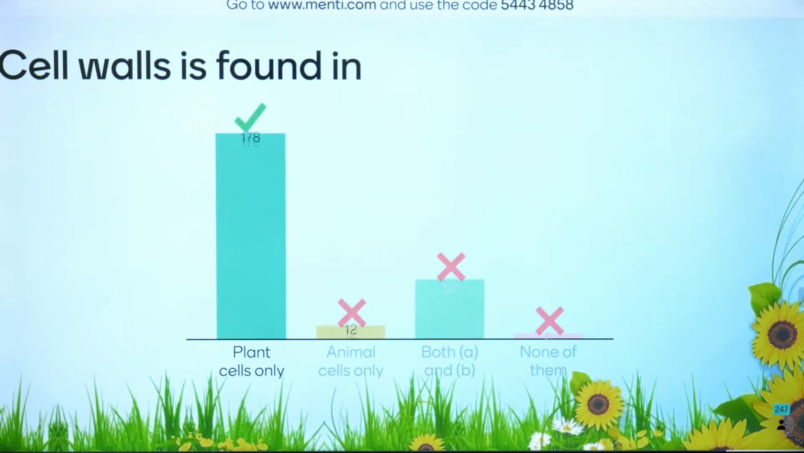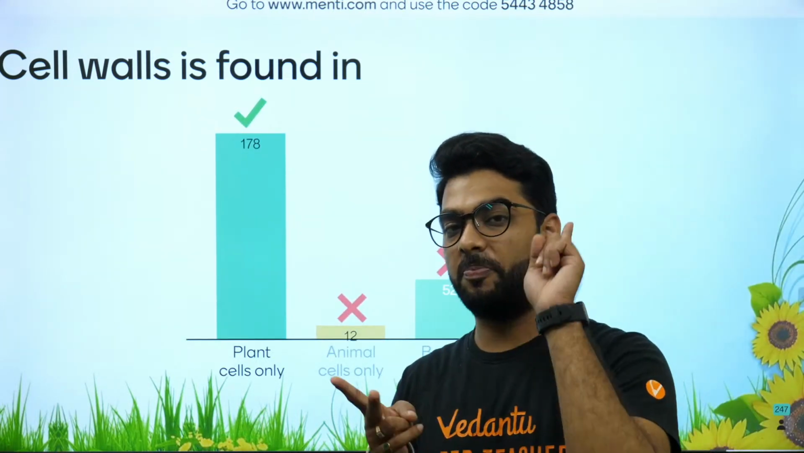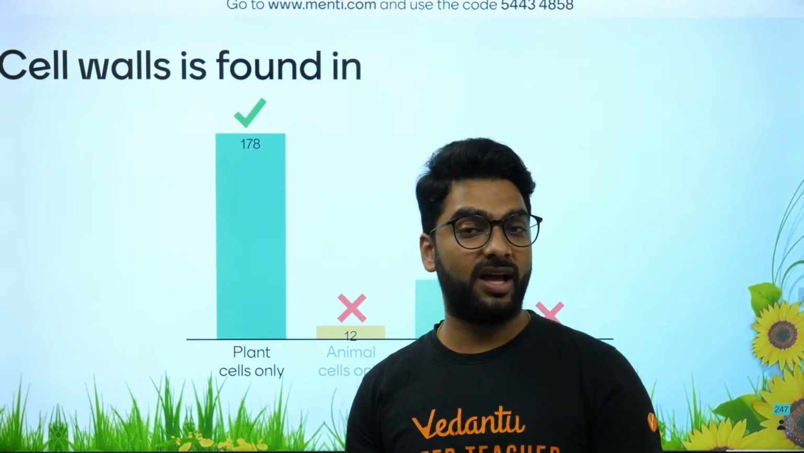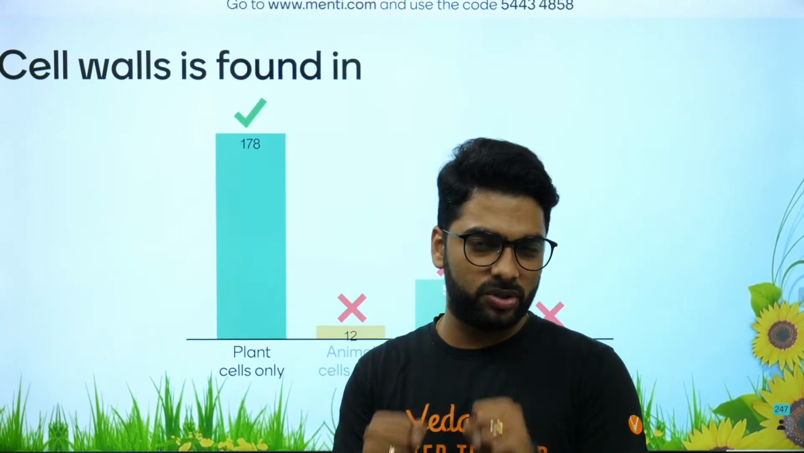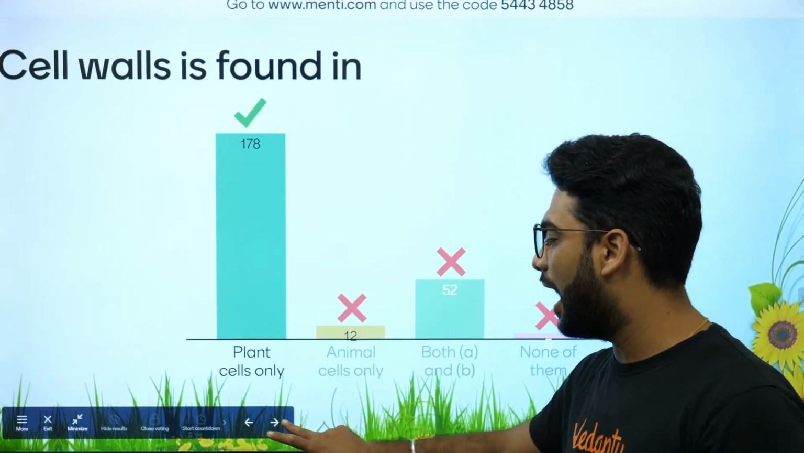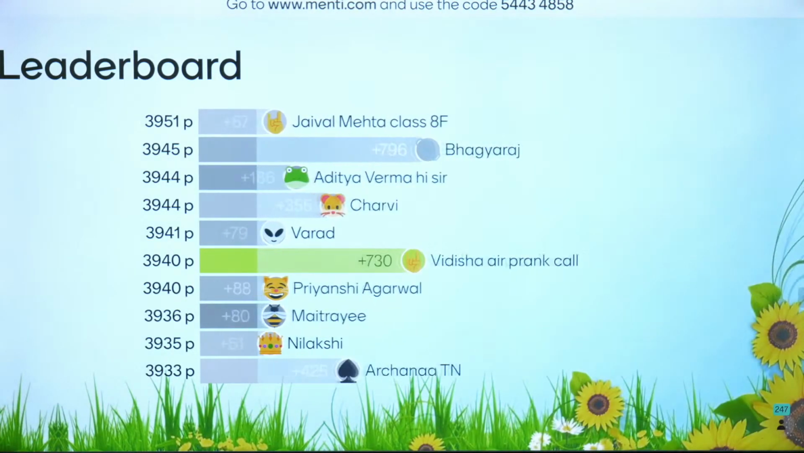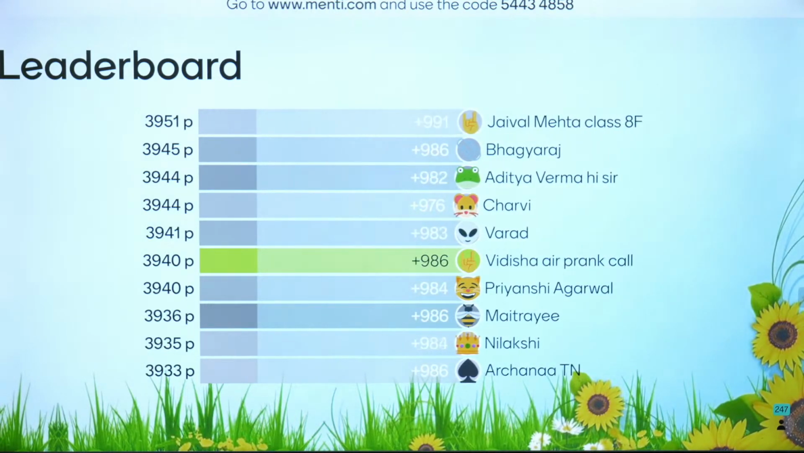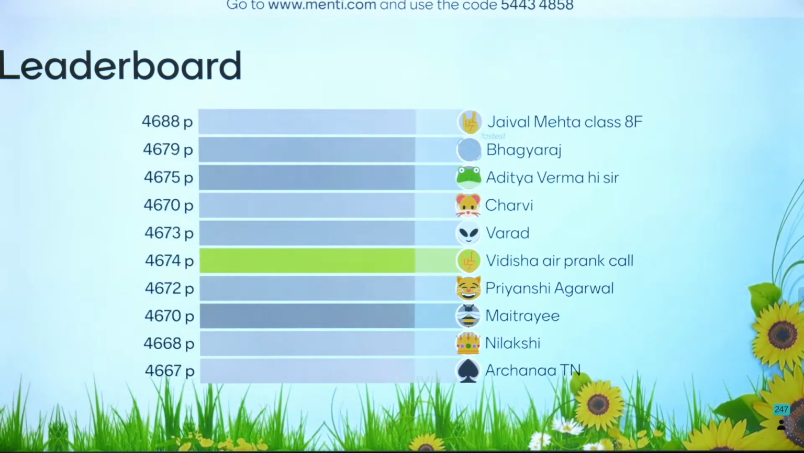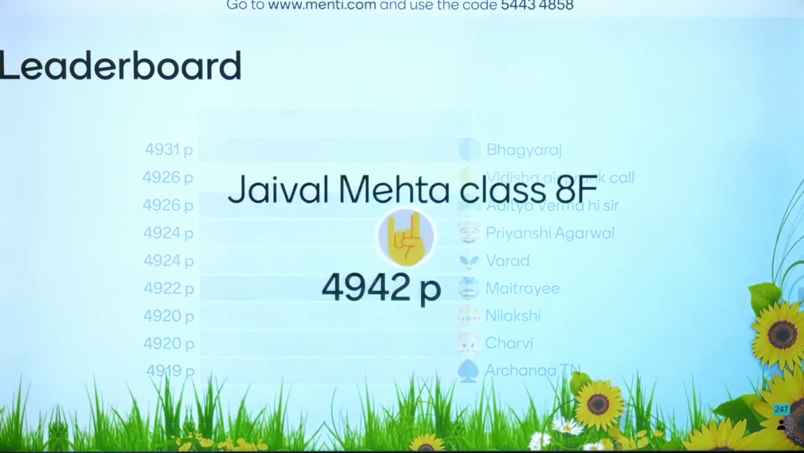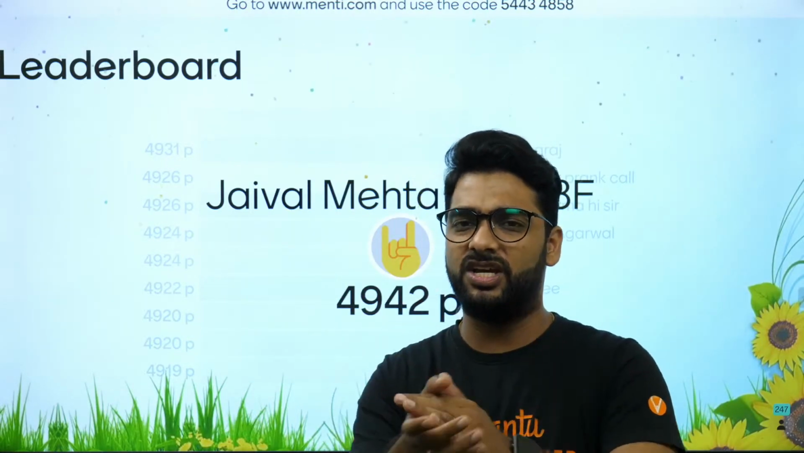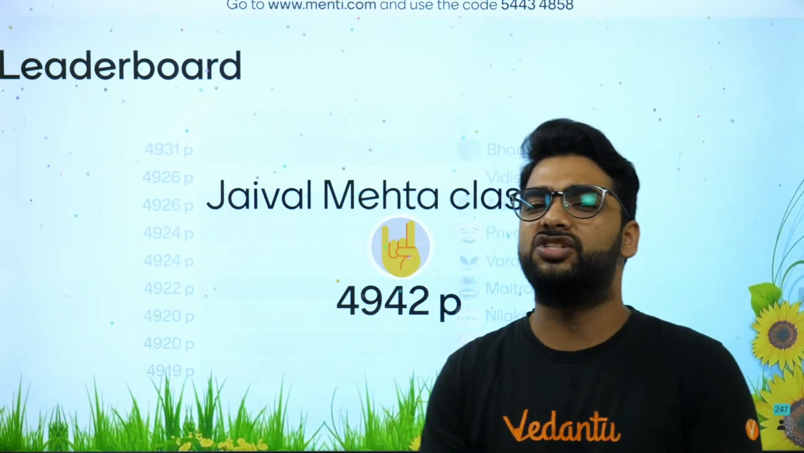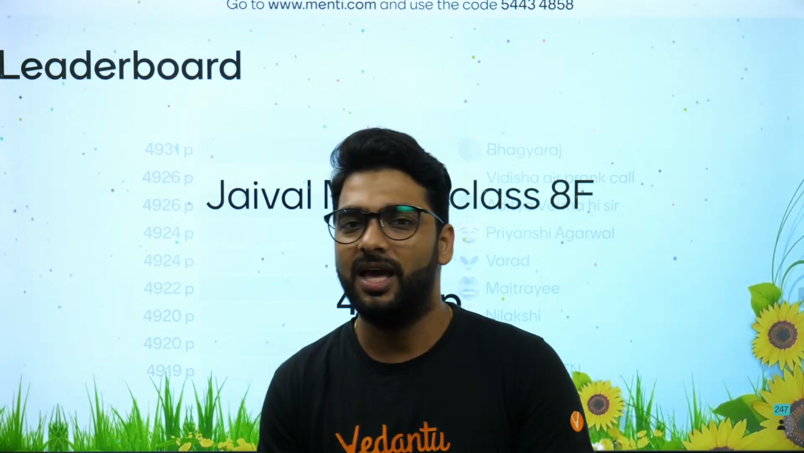Okay, so the answer is cell wall, which is made up of cellulose in plants, peptidoglycan in bacteria, and chitin in fungi. It is present in plant cells only and not in animals. It is something that gives rigidity to the cells. It's a super important question, and with that we see the super board and the secret superstar of the quiz. So Jaival, Bhagyaraj, Aditya, Charvi, Bharat, Vidisha, Priyanshi, Maitri, Nilakshi, and Archana TN. Jaival, you are the fastest and also the winner of the Menti. Congratulations! Jaival, you are the winner of Menti. Amazing,